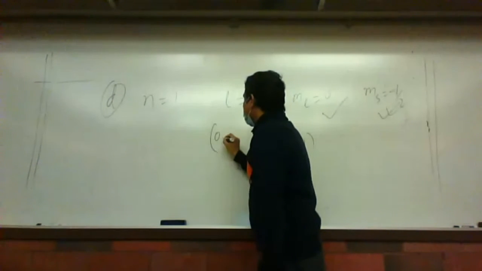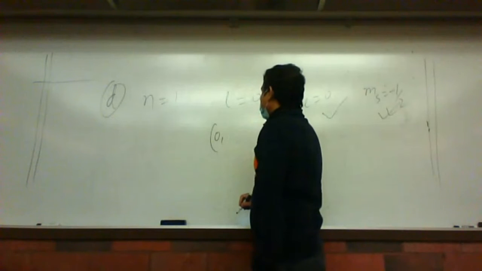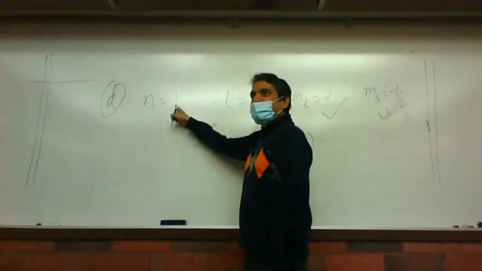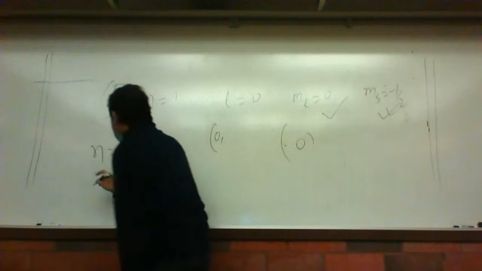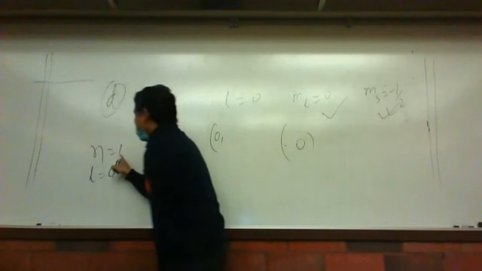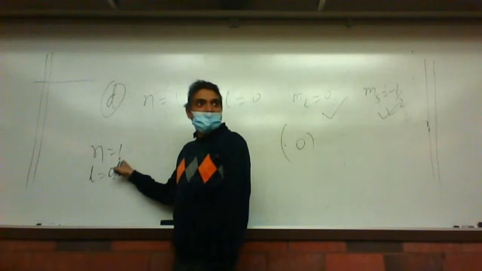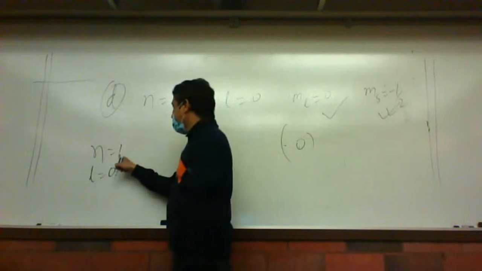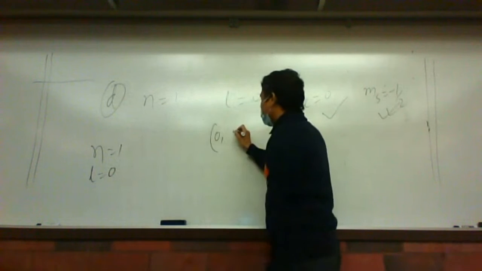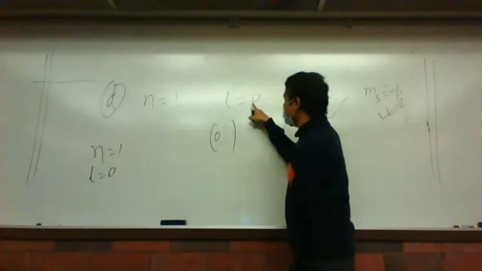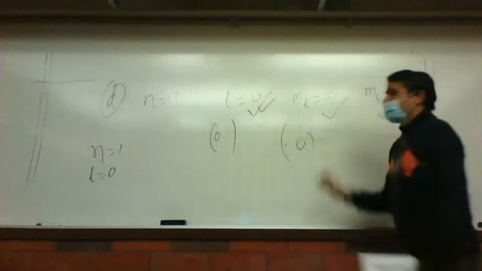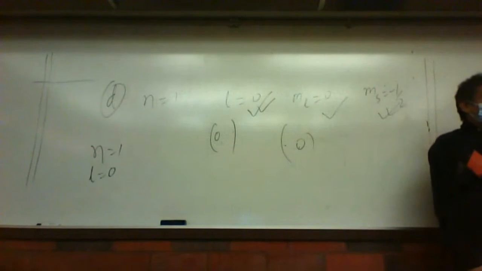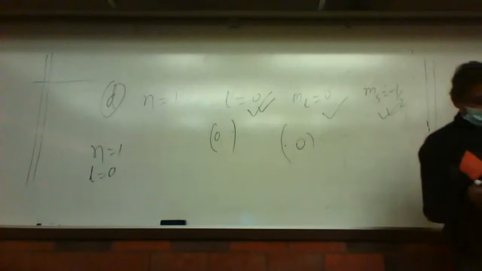So it is 0, and can it go to 1? It cannot go. When n equals 1, the L value starts from 0 and it cannot go up to this number. That's what we have been telling. So it cannot go up to 1, so I cannot write 1 here. So this is 0 here. So this is good. You don't have to look now. Everything is good now. Good. So let's practice